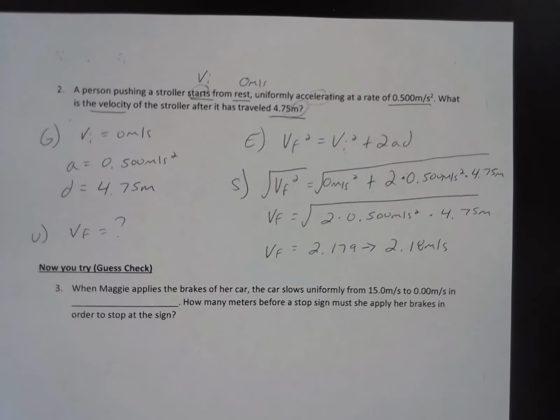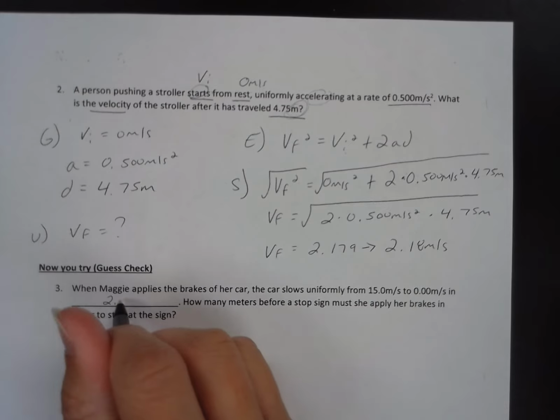So you have in your notes here a now-you-try problem with work being shown. So give that one a shot. This is a 2.50